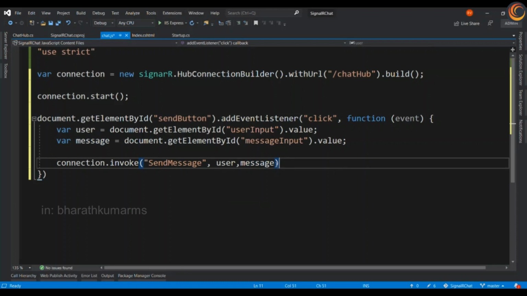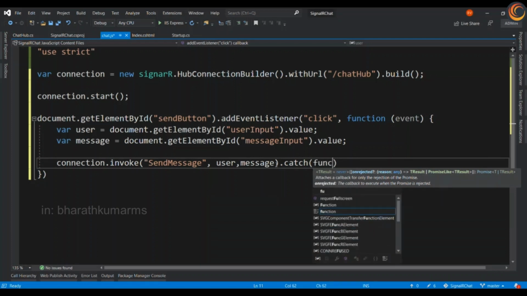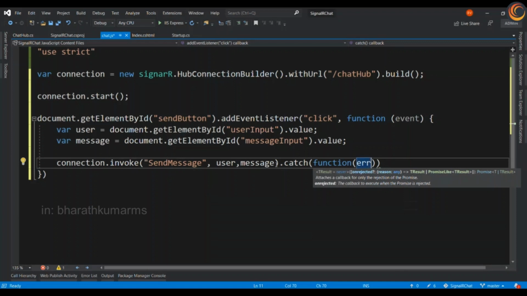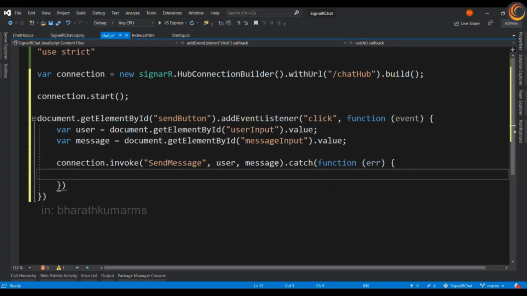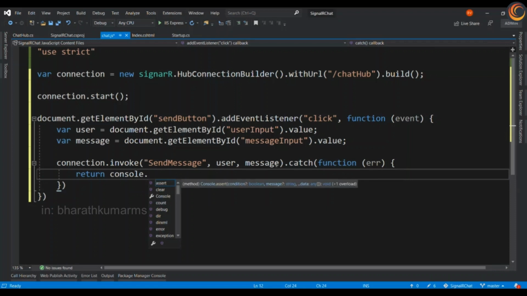And then let me catch, just in case I'm not able to send the message. And let me return. For now, I will console out the error.